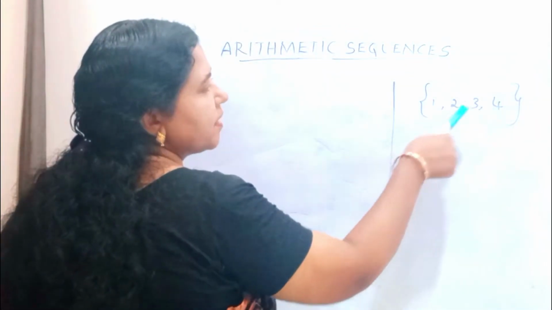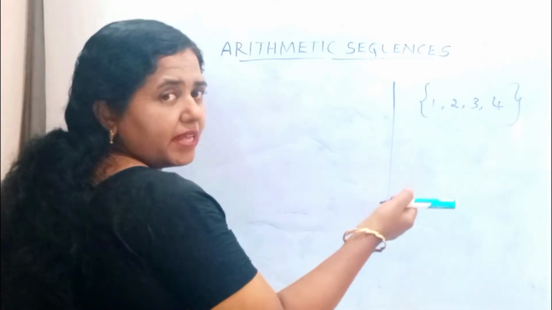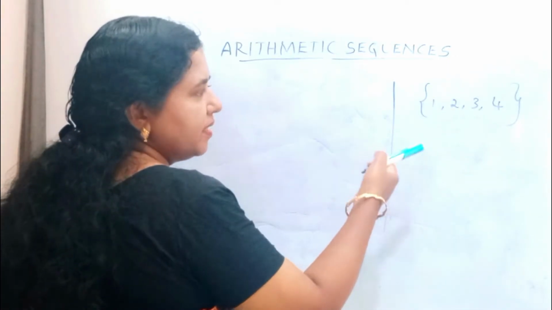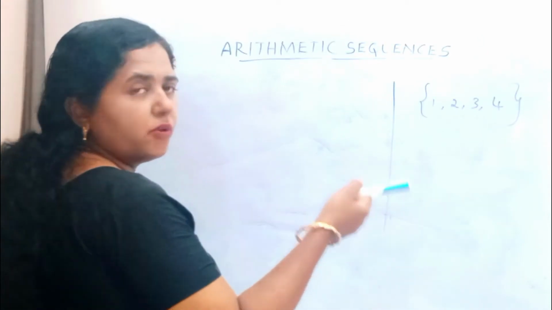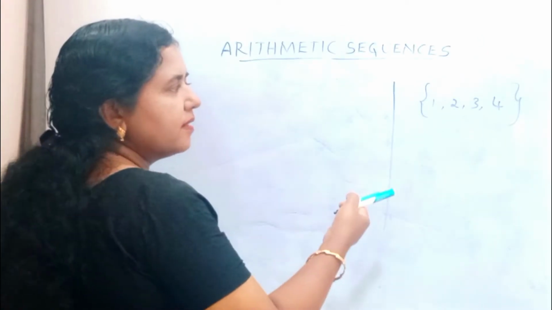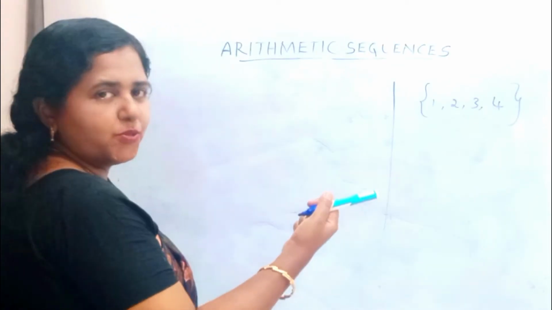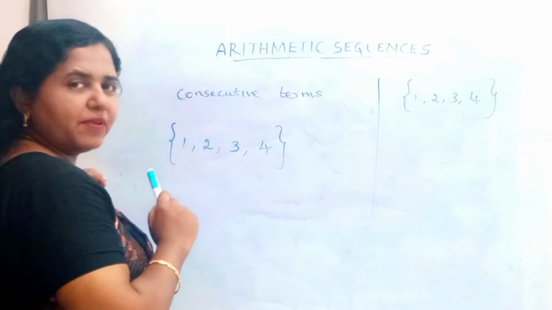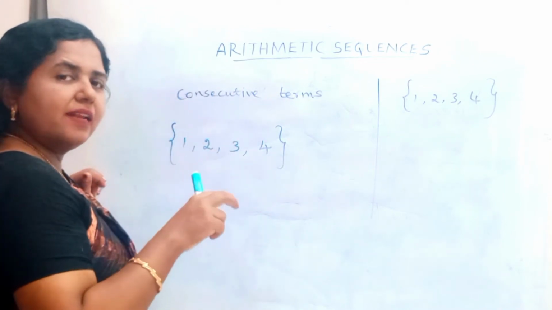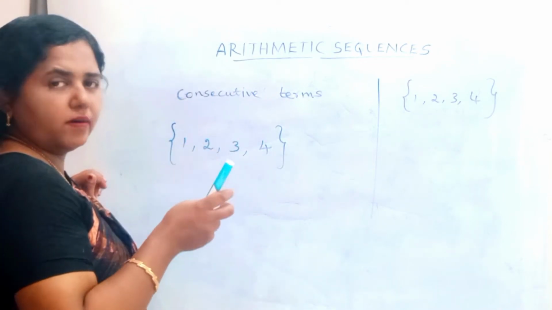So we have to use curly brackets on either side of the values. All these things we have seen in the previous video. So if needed, you can refer to the previous video and then come to this video so that it will be easy to understand. Okay, so coming to arithmetic sequence, it is a sequence where the difference between two consecutive terms